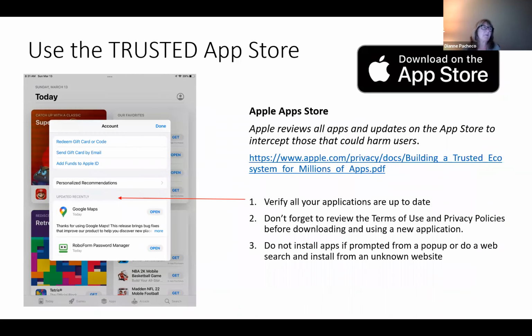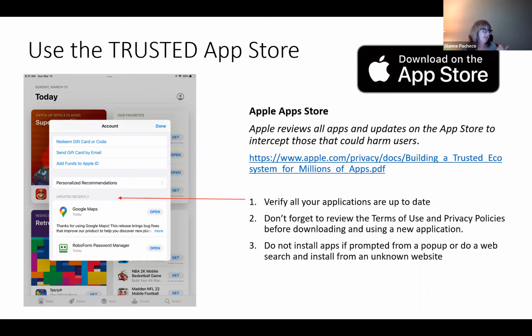So then the next thing I want to talk about is updating your application. The operating system is kind of the foundation of your computer or your phone. And then on top of that, you have your different applications. So you might have an email application, or you might have your banking applications. One of the things that's really important is when you're installing applications on your phone or on your computer, that you're only getting applications from a trusted source.